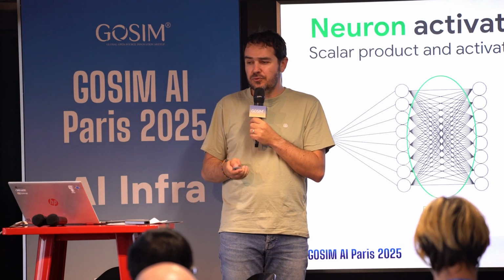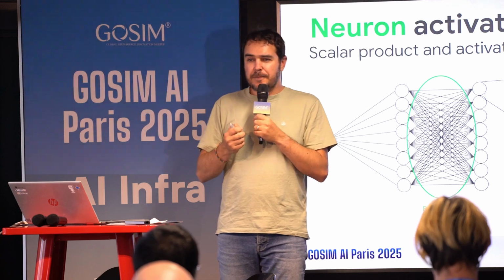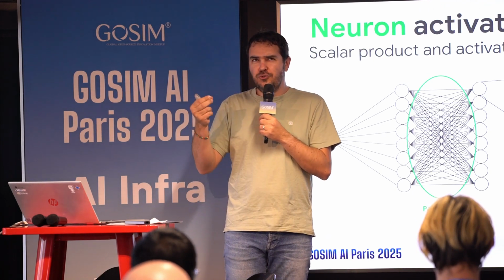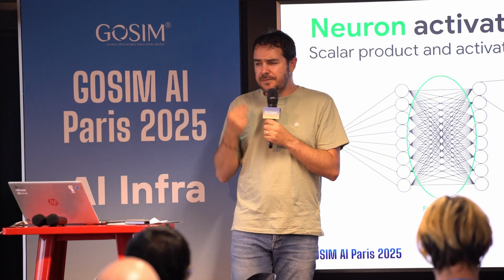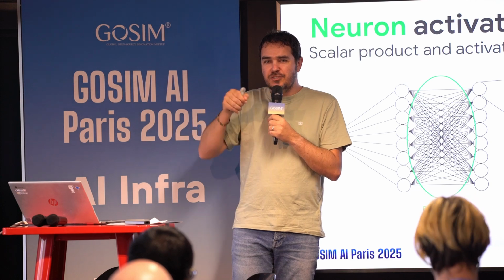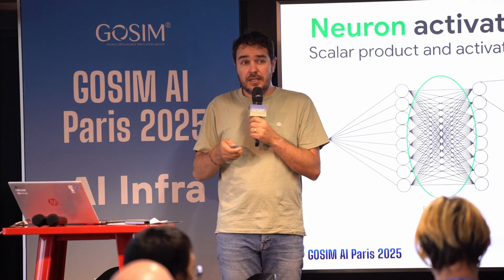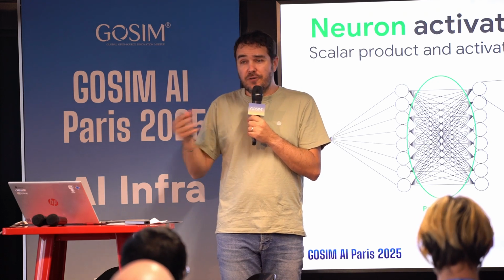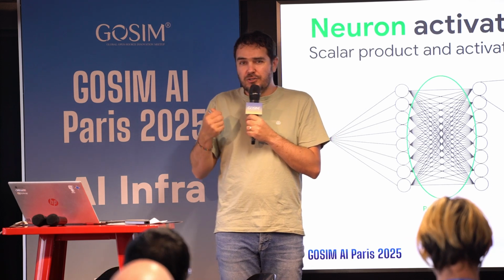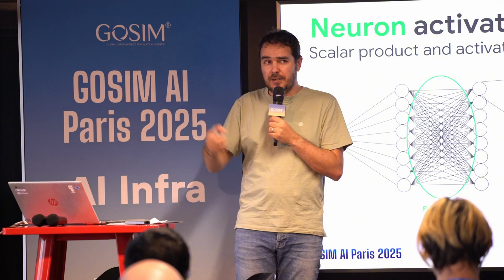So if I zoom into a neuron, what do I have? During the training phase, in fact, you are training your neuron. What's training? In fact, training is fine-tuning, changing the parameters of the neuron. What are the parameters in a neuron? It's only an array, a vector of values that represents the role, the function of the neuron. And every neuron has a different value here.